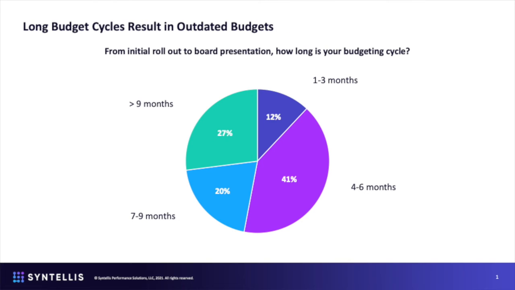Yeah, and when you think about efficiencies too, right, what we see in the industry is that budget cycles are really long. In this stat, what we were really asking was what's the length of time when you send out a template, whether it's in Excel, to your campus, right? From the time you send it out, ask them to input data, you bring it back, you consolidate it, you review it, you approve it, you present it to the board. What's the length of that cycle? And some of these cycles are 7 to 9 months, greater than 9 months, 4 to 6 months. They are just huge, and that's a lot of resources dedicated to that cycle.